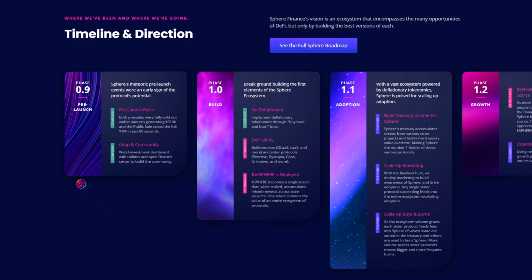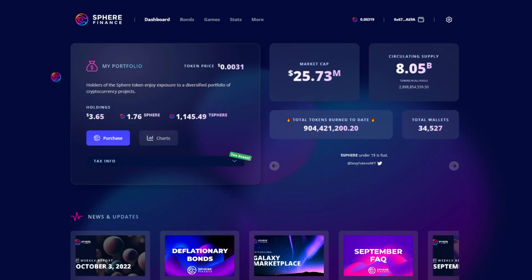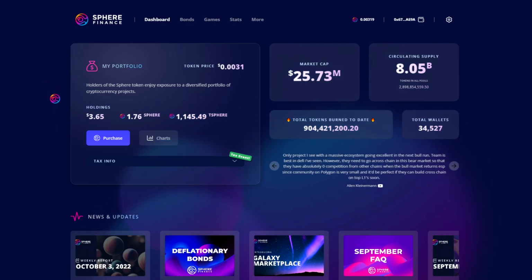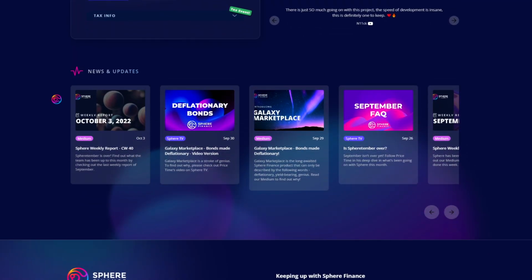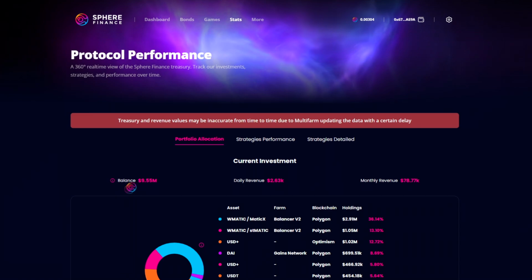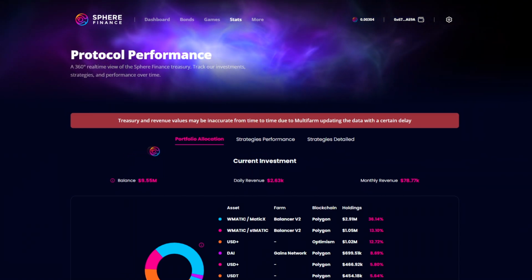Sphere Finance has updated its website with some new features, including what we've been working on and where we're going. In addition, the DApp has received an update to include different elements. Let's go through these briefly first before going over our roadmap. First, you may notice the dashboard no longer houses the Treasury dashboard. Instead, the protocol's performance can be found in stats, so that you can track our investments, strategies, and performance over